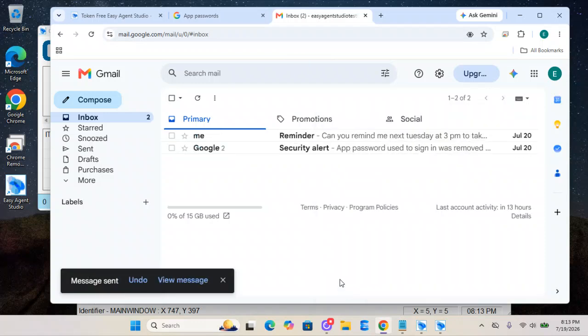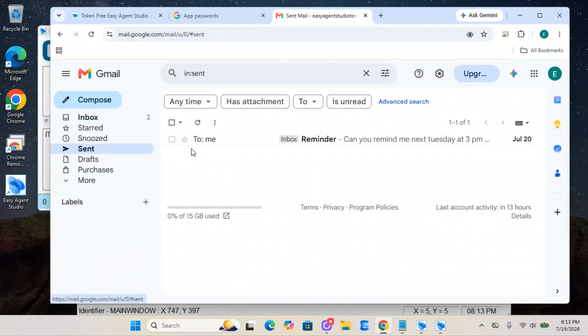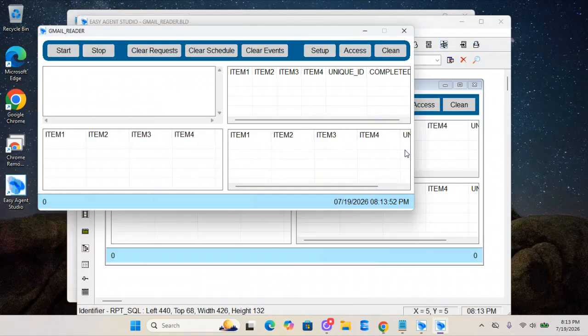So now that one has been sent. You can see that it's been sent to our account. And I'm going to go ahead and minimize that. And I'm going to just hit the start button on the Gmail reader to make sure that it reads that information. Now what's going to happen is when I run this, and because I've got the access set up,